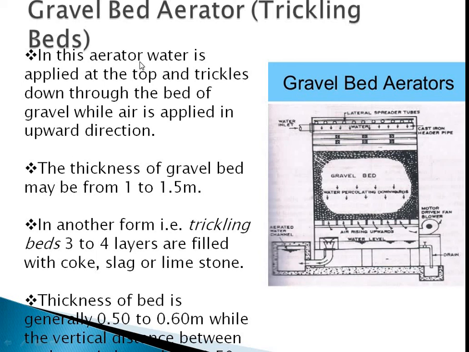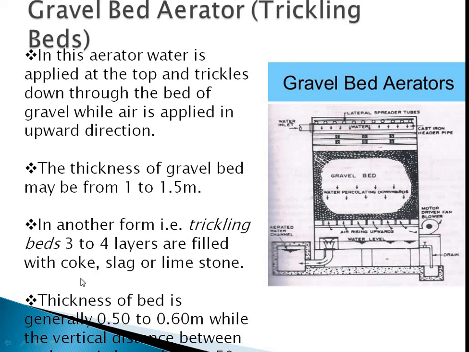So in this aerator, water is applied at the top and trickles down through the bed of gravel, while air is applied in upward direction. The thickness of gravel bed may be from 1 to 1.5 meter. In another form, that is in trickling beds, 3 to 4 layers are filled with coke,